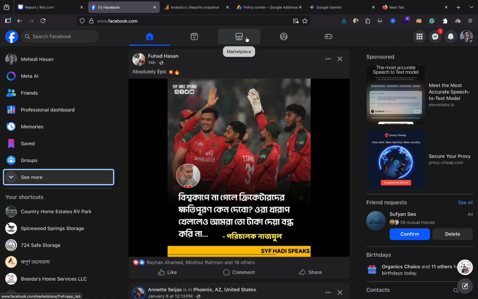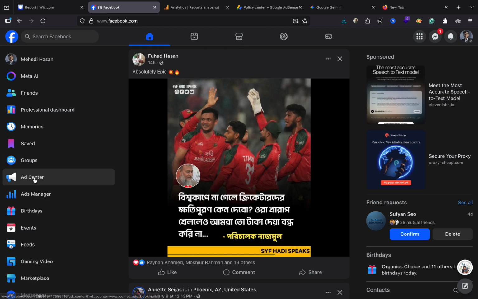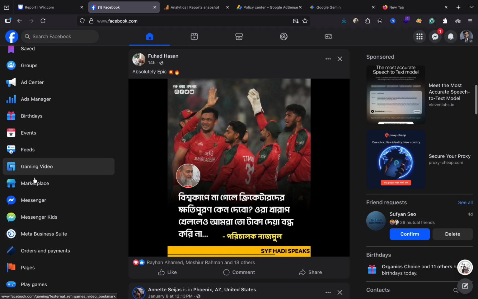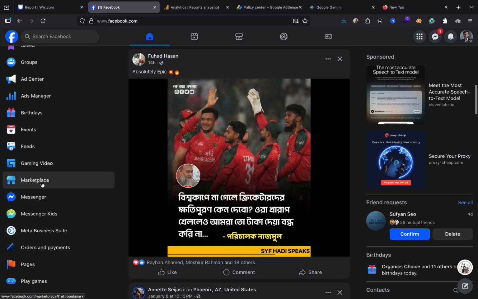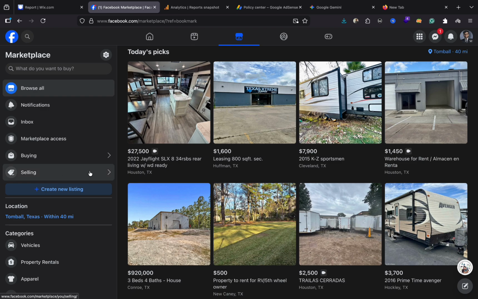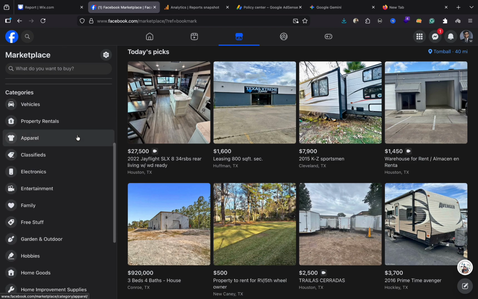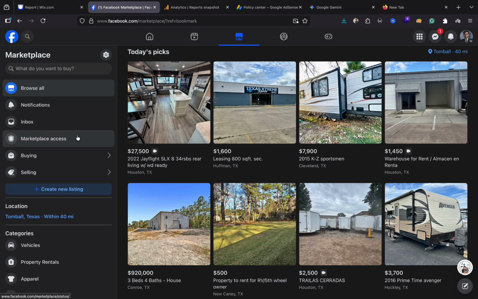and then you need to go to the option that says Marketplace. If you don't find it here, you can click on the See more button, and then you can see an option that says Marketplace. You have to go there, and after going into that interface you will see all of these options. You don't need to get overwhelmed by these options. You can click on Create new listing,